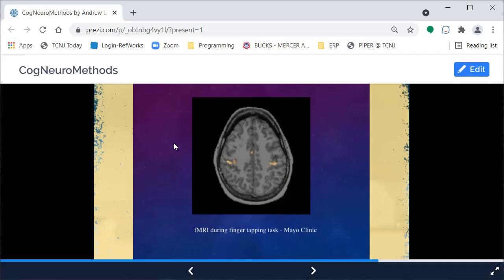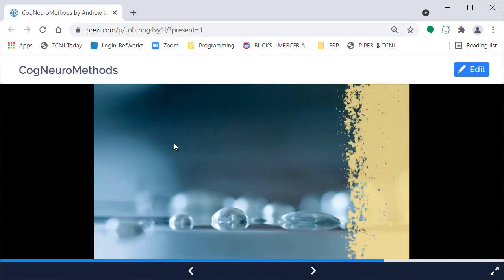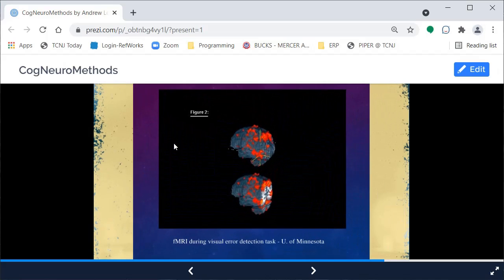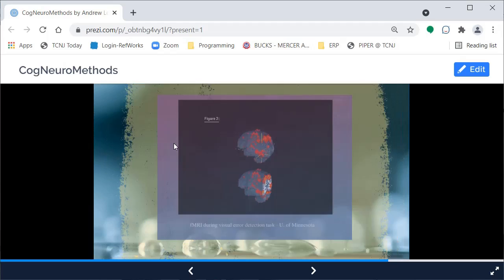Here's an example. I used this earlier, but this is an fMRI of just a finger tapping task, so you see that motor cortex is active. This gives you a sense of how many areas are often active in many of our tasks. If you're doing MRI or PET, it's not hard to find areas of significant activation. The issue is, how do we make sense out of these activations? Hopefully you can start to see the idea behind the subtraction logic is to pare that down, or sometimes we use statistical modeling to identify areas of interest to narrow down our focus